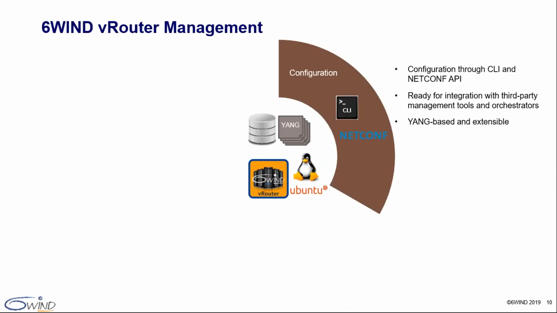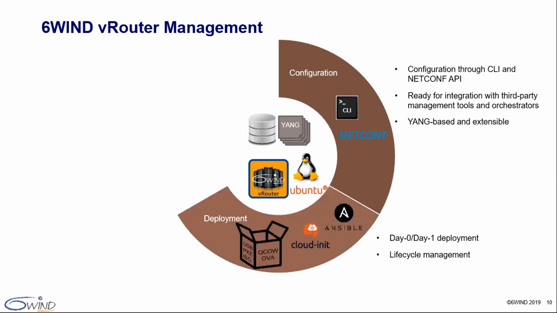Configuration can happen through the CLI and NETCONF API for integration with third-party management tools and orchestrators. Our data models leverage YANG and are therefore easily understandable and extensible. For deployment, we provide packaged images for bare metal, KVM, VMware, and AWS, and leverage the Linux cloud-init features that enable the customization of day one configuration at startup, including initial networking configuration, default users, custom software packages, and